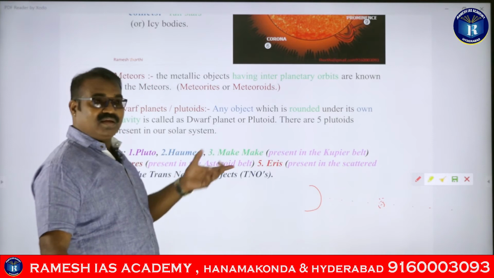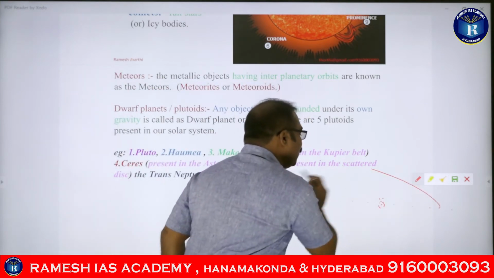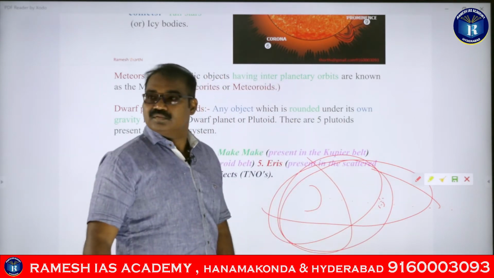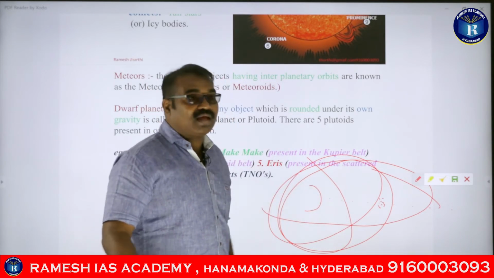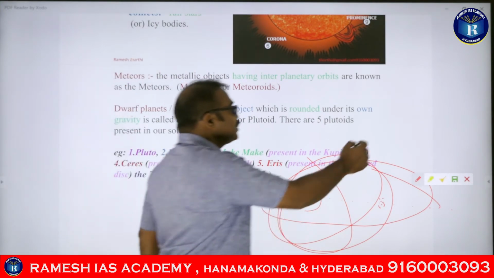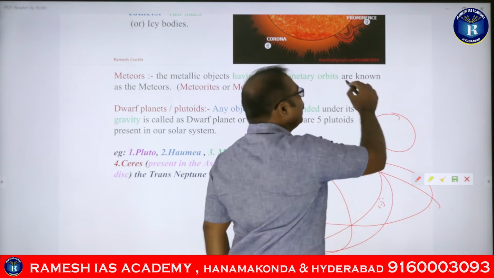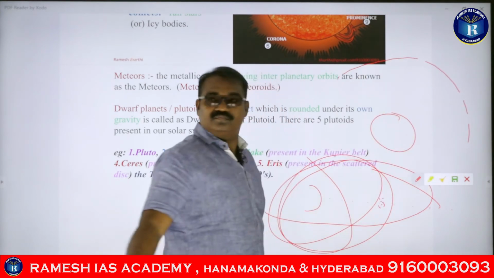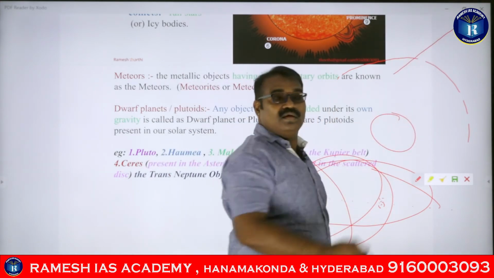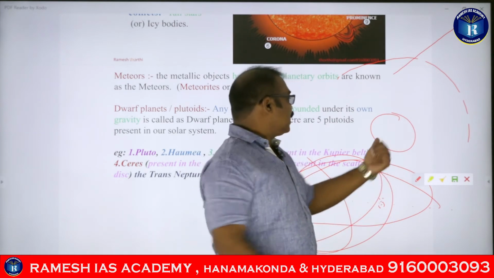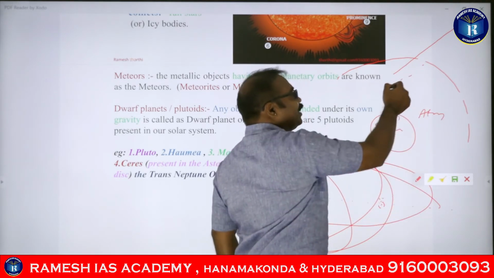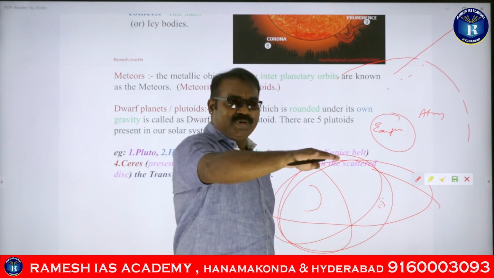Okay, so what is happening? These meteors are metallic objects. They are moving interplanetarily, like this. They are moving within the planets with different orbits, guys. So automatically what is happening, right? Suppose this is the earth and this is the atmosphere of the earth. Whenever the metallic objects or the meteors enter the earth's atmosphere, they are coming with lots of speed.